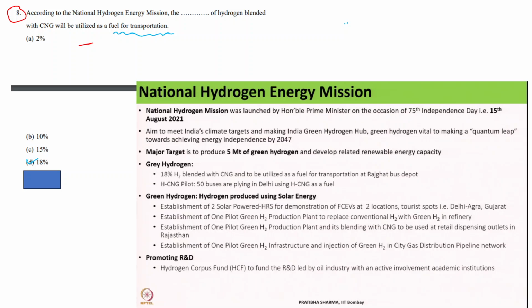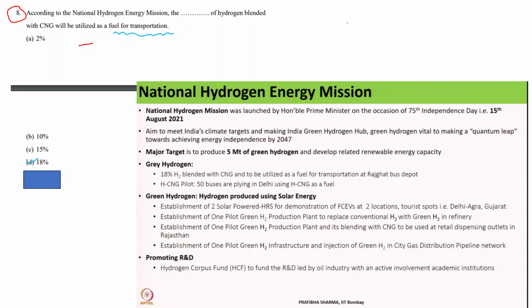Okay, for utilizing hydrogen as a fuel as well as hydrogen reduction, hydrogen used in the refinery, as well as production of the hydrogen, like byproduct hydrogen, or from the electrolyzer as a green energy, green hydrogen. They are in the topmost positions for utilizing as well as producing hydrogen. So what happened, we in India are a little behind, but in the national hydrogen mission,